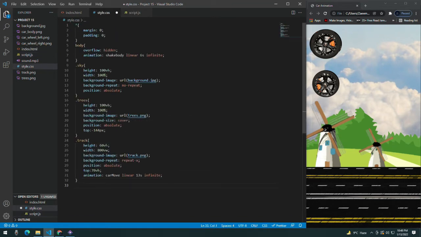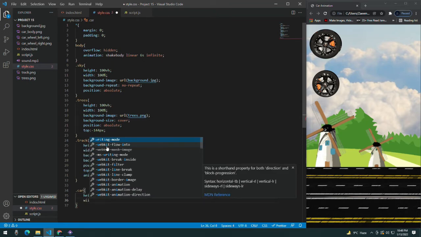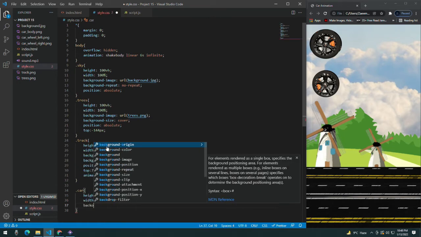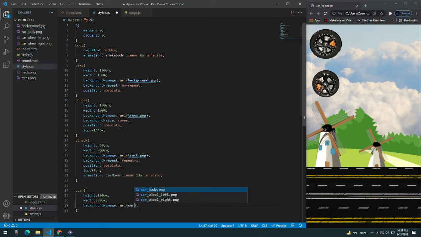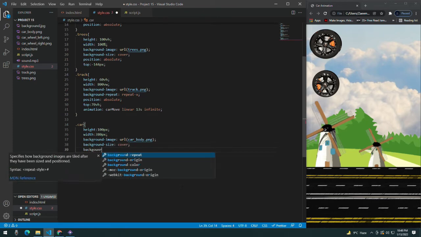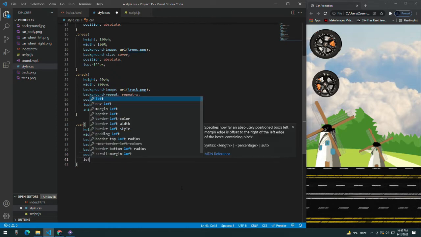And now there is the car. Let's start by making or showing our car. Car will have a height of 100 pixels. Car will have a width of 380 pixels, and car should be given the background image as well for the car image, which is car body.png. Now let's give it a background size of cover and a background repeat of no repeat. I don't want the car to repeat that image. Now let's give it a position of absolute,